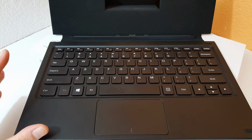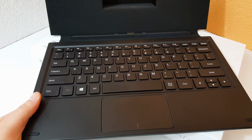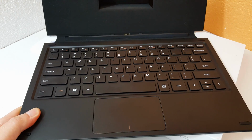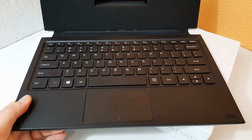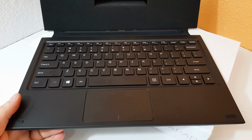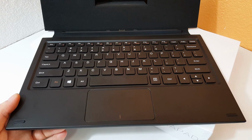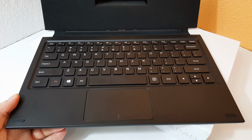So the tablet is a Core M, has the 5Y10. They can clock up to 2 gigahertz, and it's a tablet that's really based at professionals. I think they're aiming for that sector there. They're marketing this. This is their premium tablet, Teclast, their Core M, their fastest tablet, and they're aiming for people